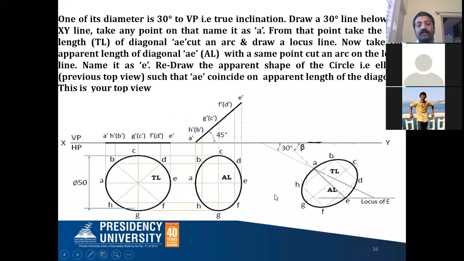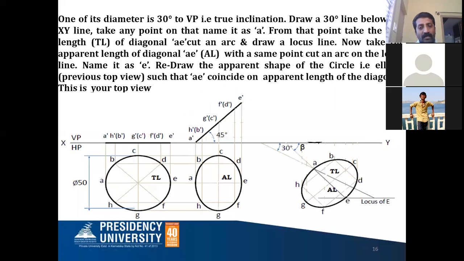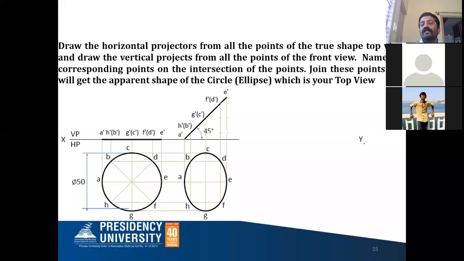The third position. What he has given in the question is the true inclination only. The diameter of the circle is inclined at 45 degrees to HP and 30 degrees to VP, as given. So that means the 30 degrees with respect to VP is also a true inclination only. We have discussed 3-4 examples of this type: in a square lamina we have discussed an example, in a pentagon lamina with a perpendicular bisector an example, and in yesterday's class one example in a pentagon lamina. Similar to that, we have to do it here.